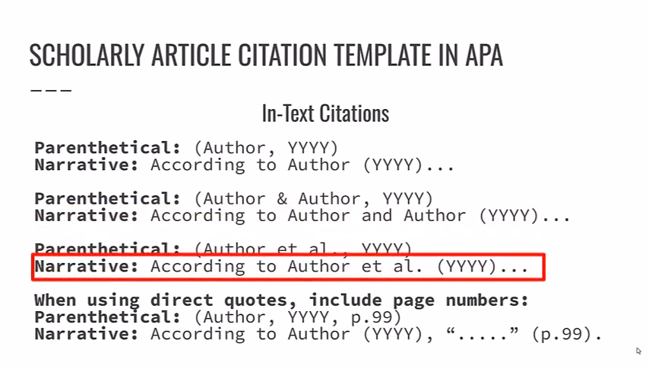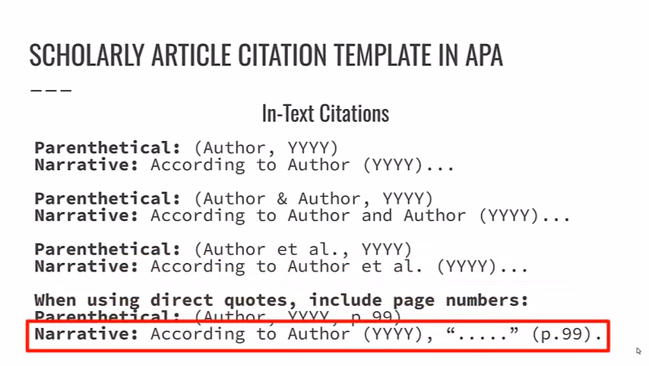If you have three authors, you'll introduce the first named author's last name, followed by the phrase "et al.," and you'll include the year of publication in parentheses immediately following "et al." When introducing the author or authors before quoting a work, you'll include the page number for the quoted material following